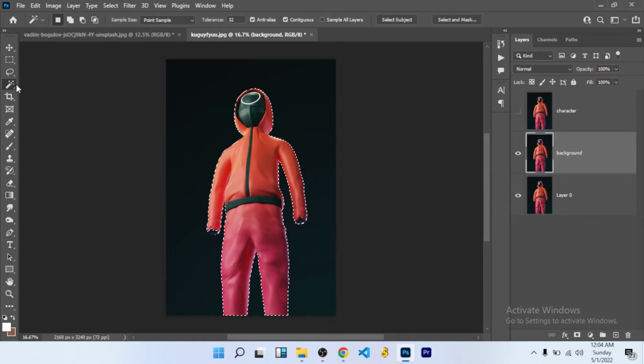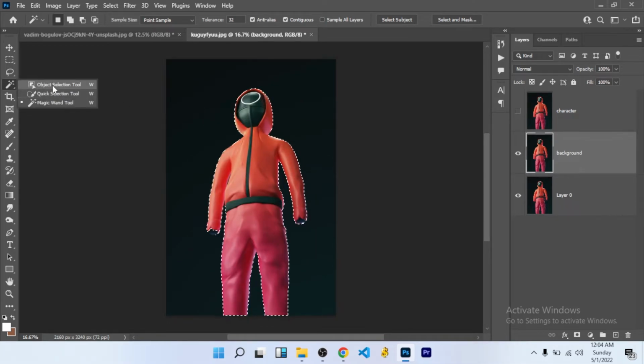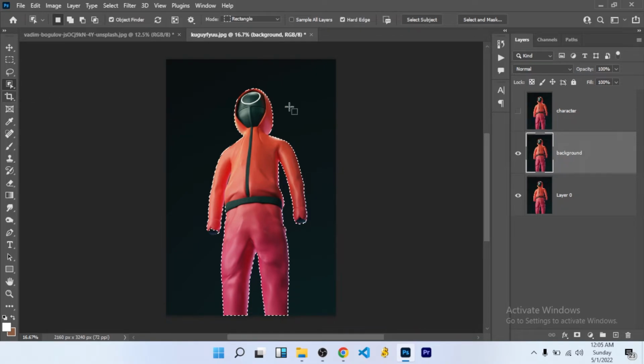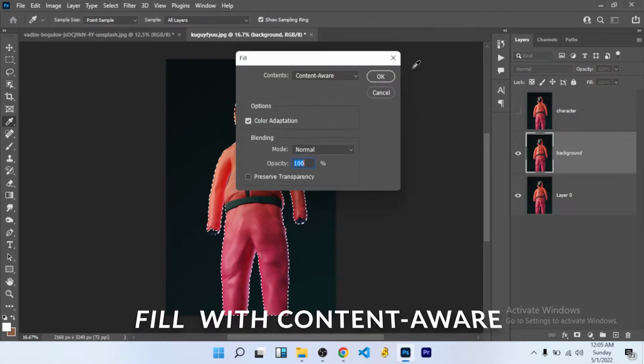To pick the one that we need for this situation, you just have to right click here and then click on Fill. You change this magic wand to the object selection tool or the normal selection tool. Then you click on Fill